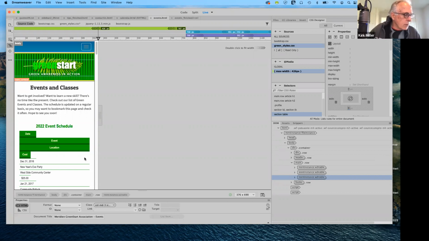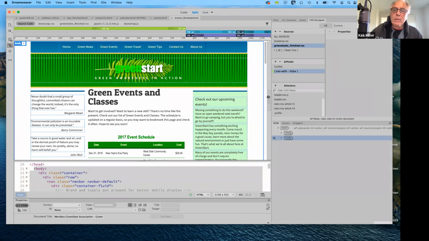So the next one we're going to add now is another one for section table header. Before, we had one that applied to both section table data and section table header. That was a combo. This one is specific to table headers. And what we're doing is that we're taking all of this background and padding and everything, and we're going to remove it. And you're going to see that if we look at the finished one and I resize it,